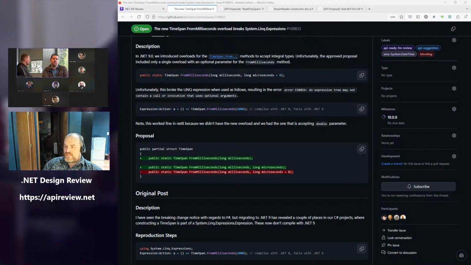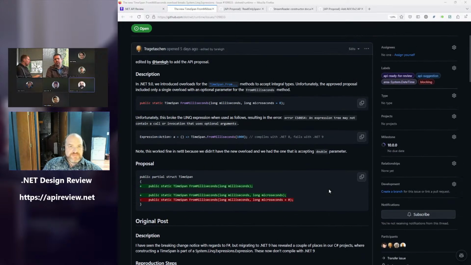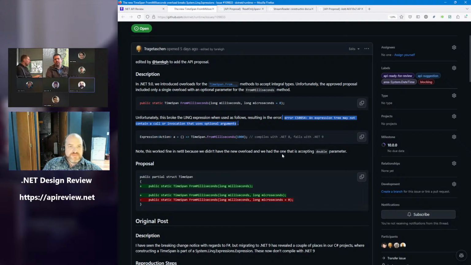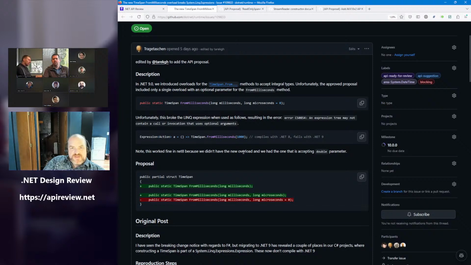So I don't know how to think about that. Basically, what it means is whenever we have methods that have no overloads without optionals, you can never use them in LINQ expressions effectively, right? Yeah. I pasted the error message, the highlighted error message CS0854. Yeah, this was news for me too. I didn't know that this is the case. But I assume we don't care.